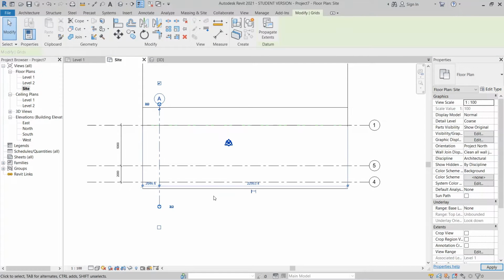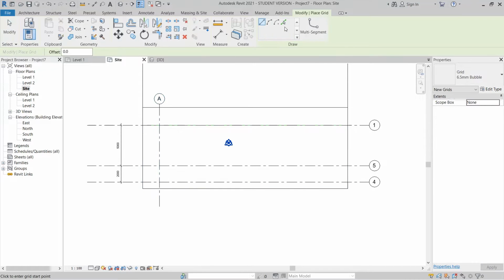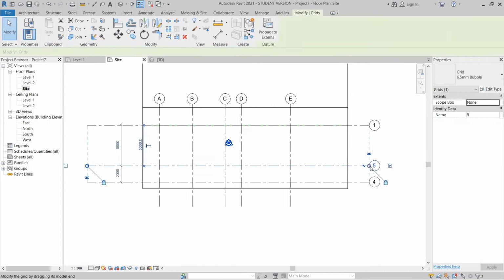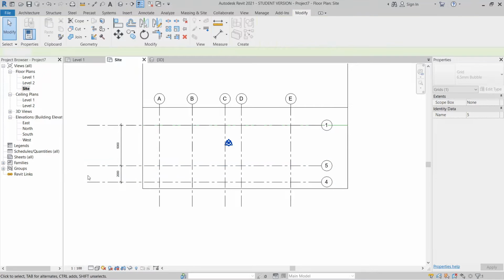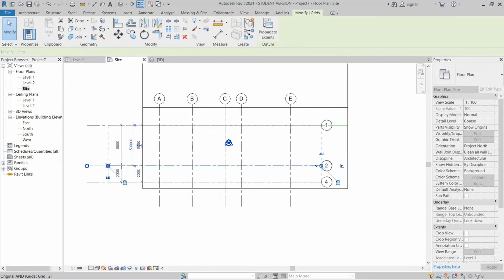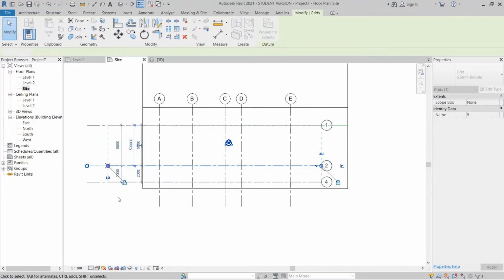Okay, select this grid line here, CS for create similar, pick a line. Offset that. I think 4 meter is not enough. Okay, this one 4 meter, this one I'll just give 2 meter, and again, give it 6 meter. Okay, this one I need to tidy up a bit, make sure everything is easy to draw.